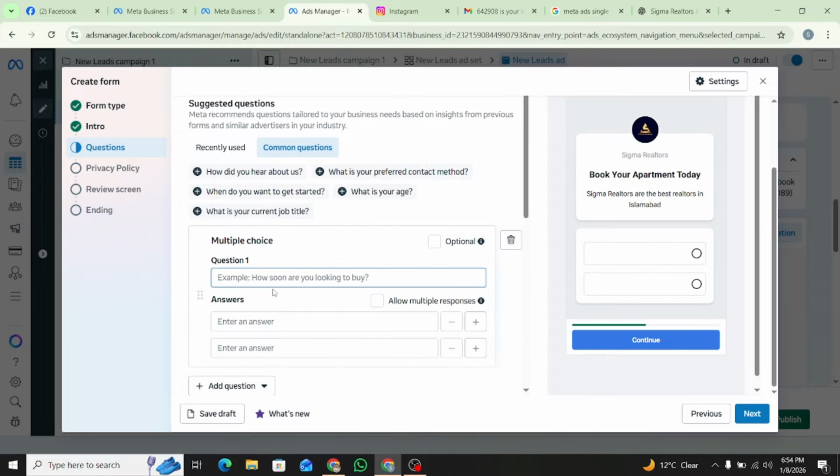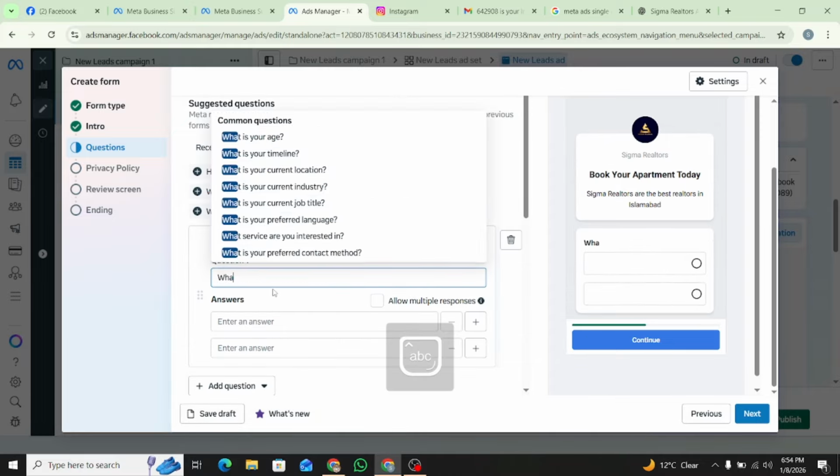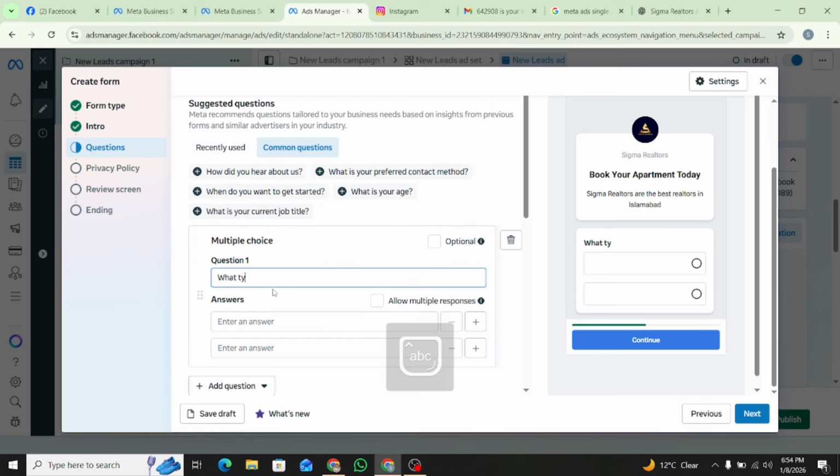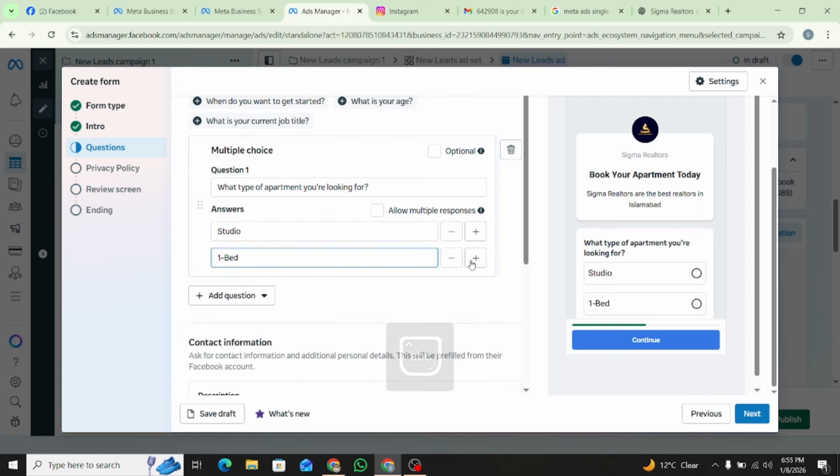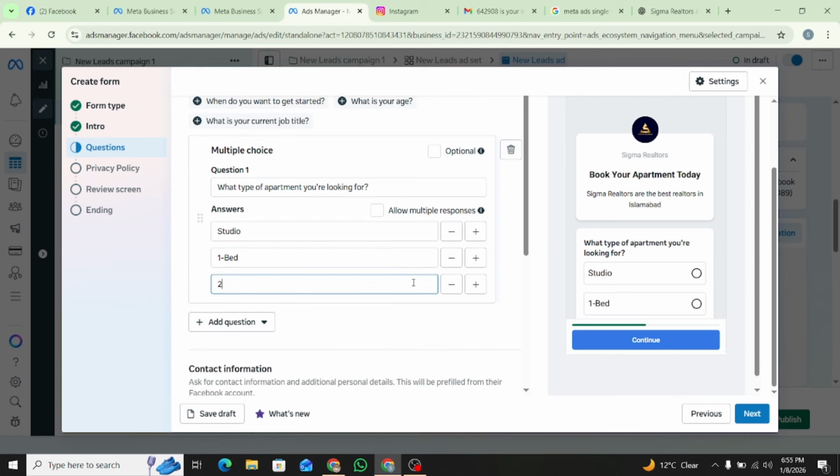I will say what type of apartment you are looking for. Now I select the options: studio, one bed, two bed,